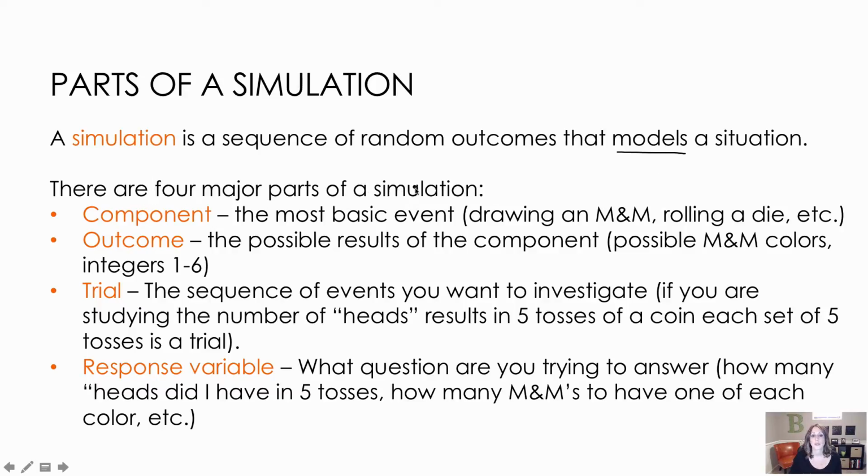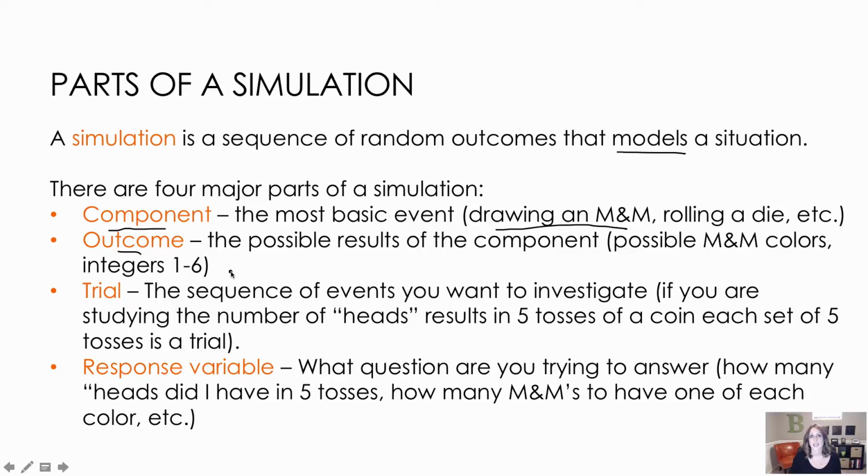So there's 4 major parts. The first is the component, and that's the most basic event. Not that I'm using a random number, but that I'm drawing out an M&M. So it's the actual event that we're simulating is the component. The outcome is the possible results. So in our case, that was possible M&M colors,